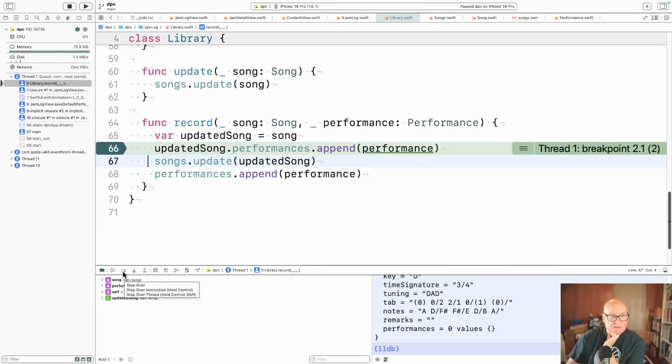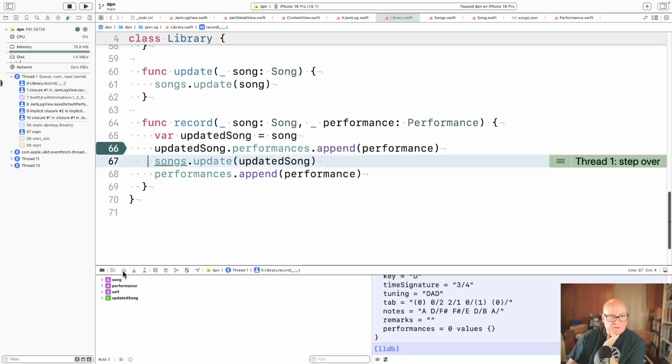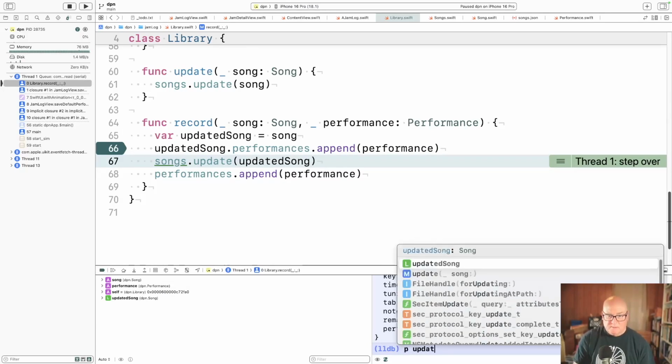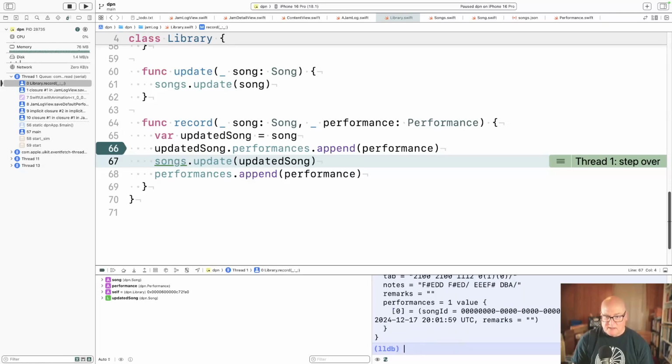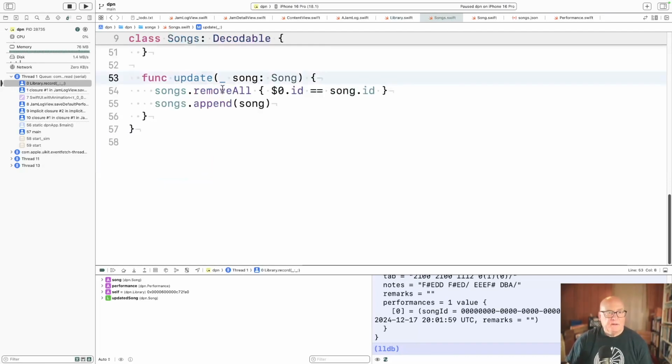Okay, let's step over. Okay, so I should be able to see song is waterbound, no performances. Updated song should have a performance. Okay. Now, update. Remove the song, append the song. Okay. Let's break there.